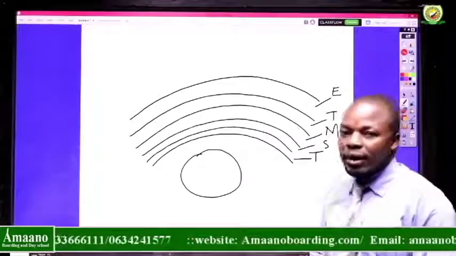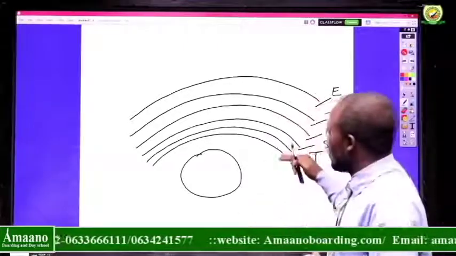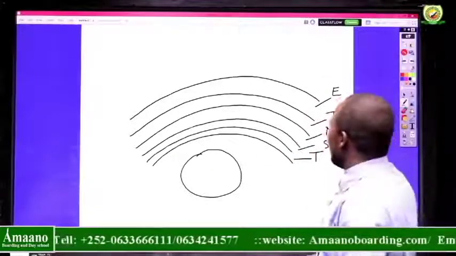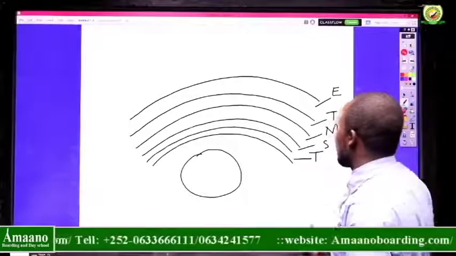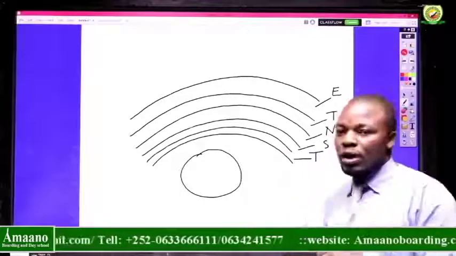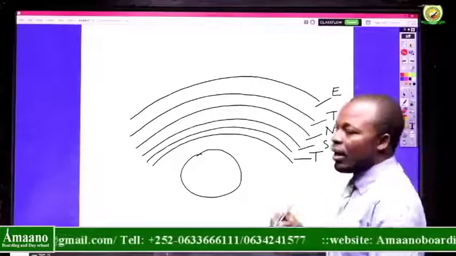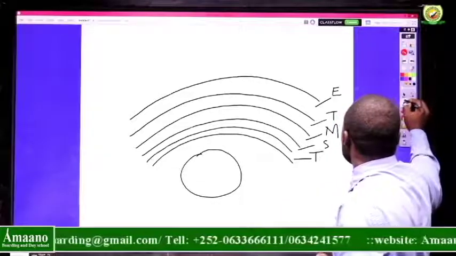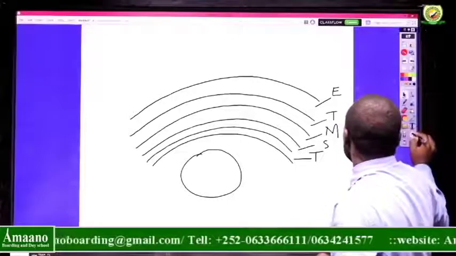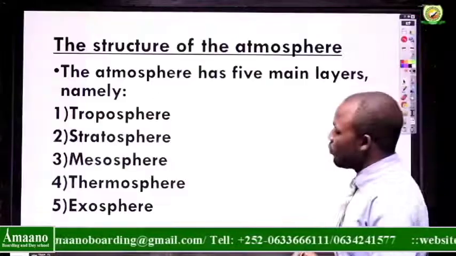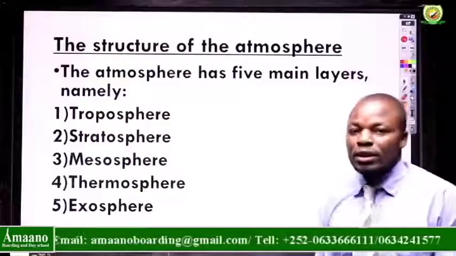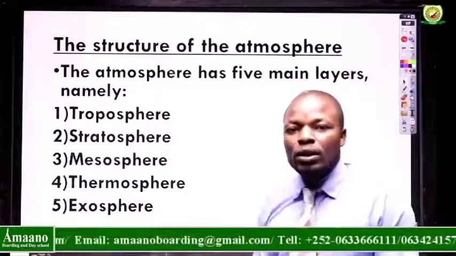So they are arranged beginning with the lowest to the one which is outside. The troposphere is the one that is close to the Earth. Now we shall be looking at each and every layer that we've mentioned here. We shall directly go to the troposphere, look at what it is, what it is made up of, and its